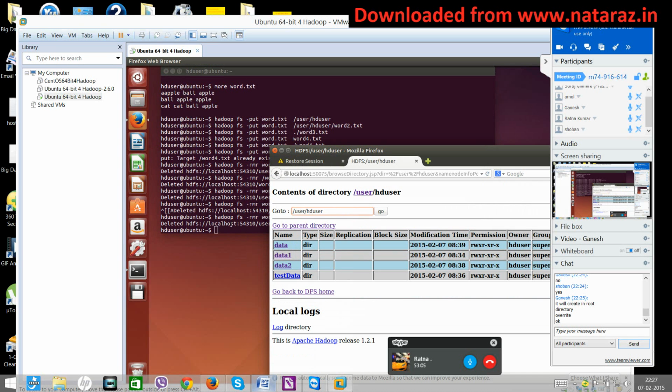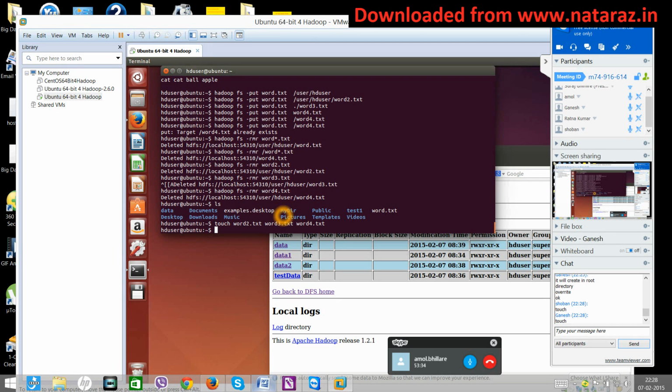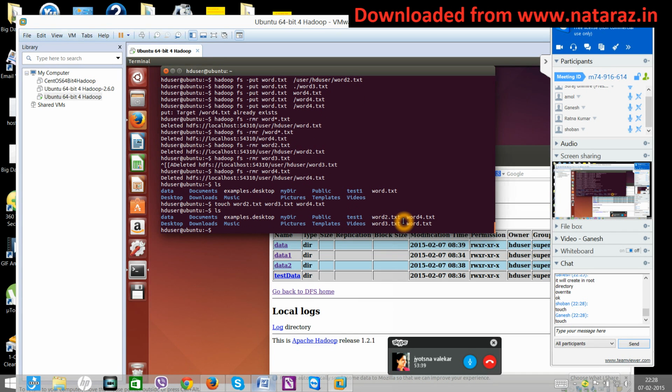Okay, now we'll go to the local system. I have word.txt. Let me create one more file. What is the command to quickly create a file without any content? Empty file, touch. So I'll say touch word2.txt, word3.txt, word4.txt. Okay, so all these files are created here. Now I would like to copy this whole set